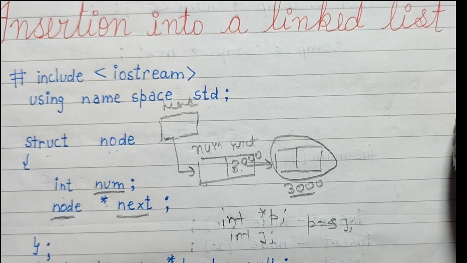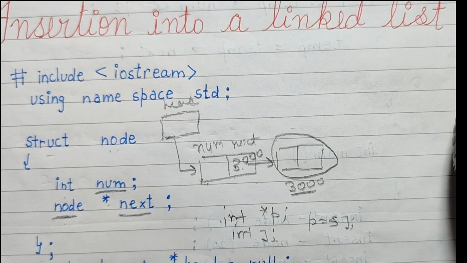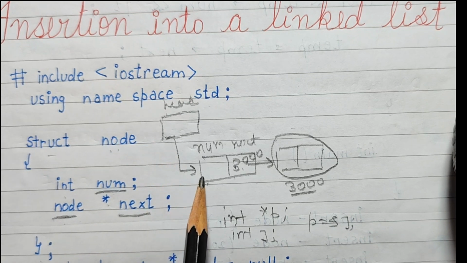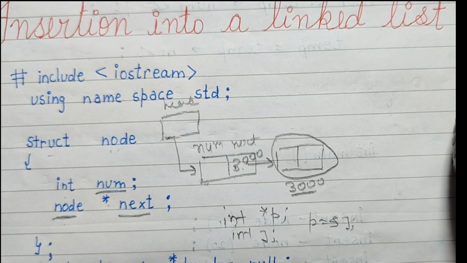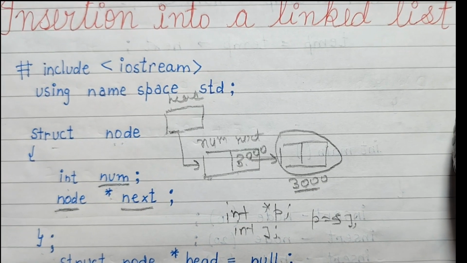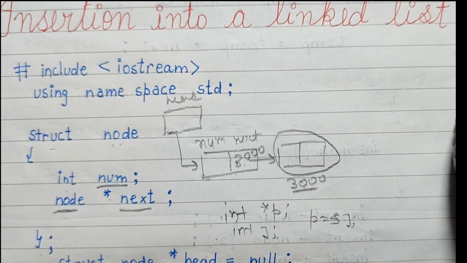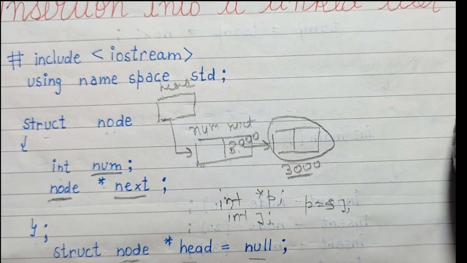That's why I declare head as a node type pointer, because head points to the next node. In the head pointer we store the address of the complete node. And at the starting time head has a null value, because the linked list is empty. Now I create a function